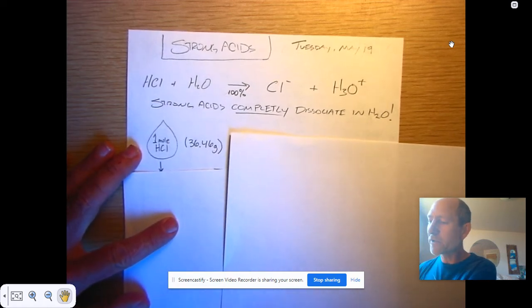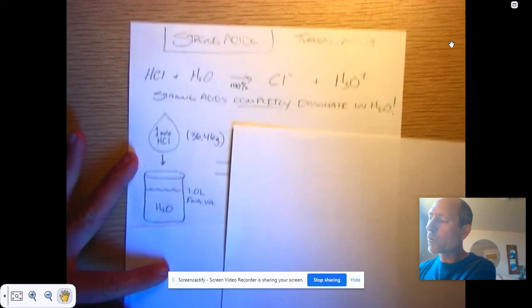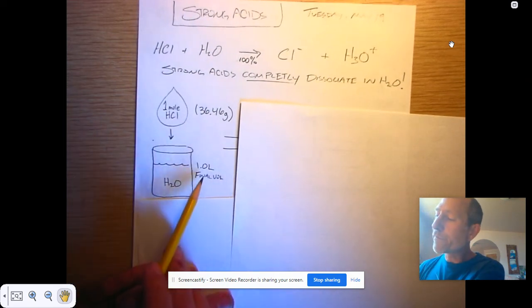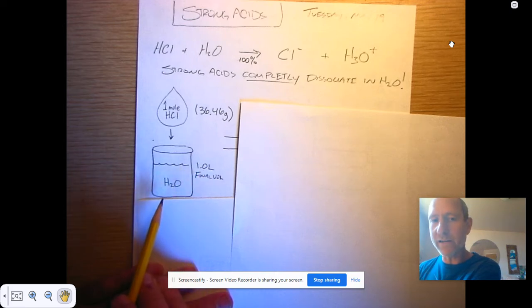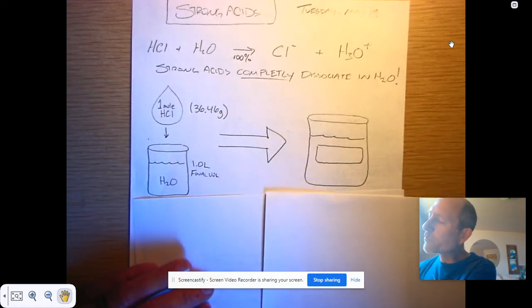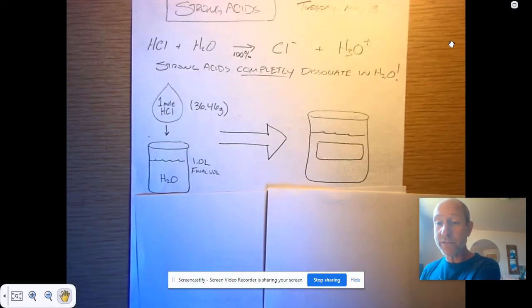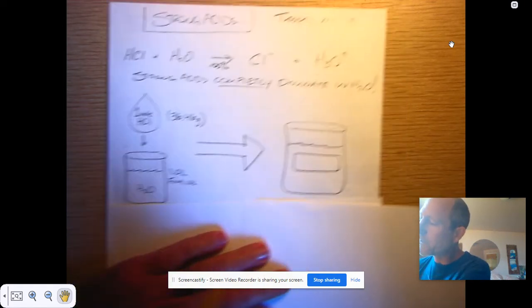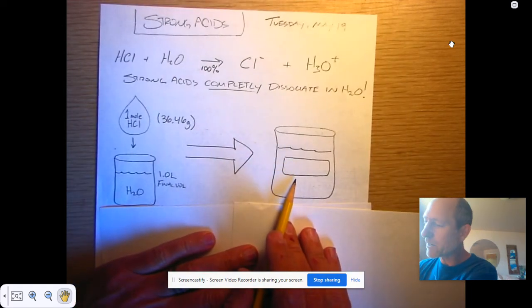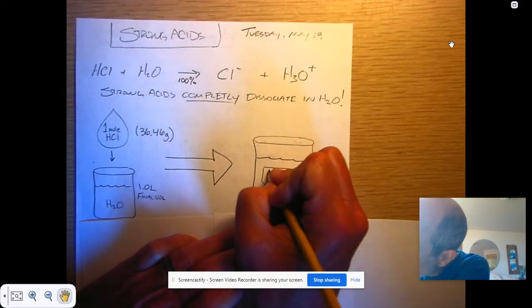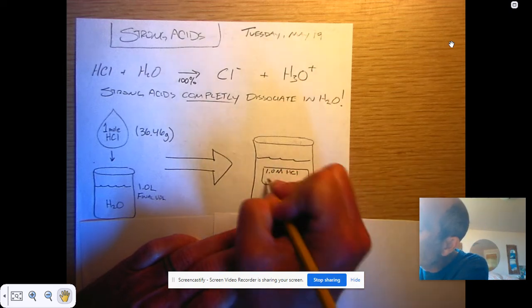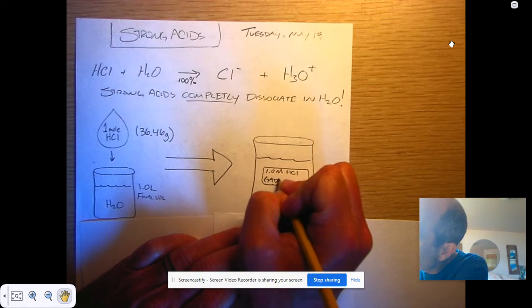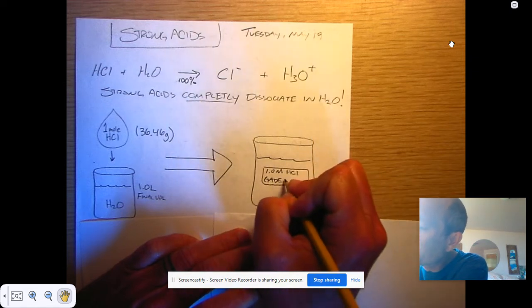So if we took that much hydrochloric acid and we put it in water so that the final volume of the solution was 1.0 liters, then we would end up with a solution of hydrochloric acid. And if I was doing this in the lab, if I was building this solution, I would go ahead and build it, and then I would get out some tape and I would label it. And here's how I would label it. I would say that this bottle contains 1.0 molar hydrochloric acid, and I would say who made the solution. So I'd put my name on there,